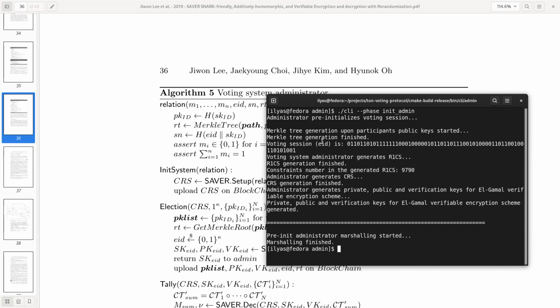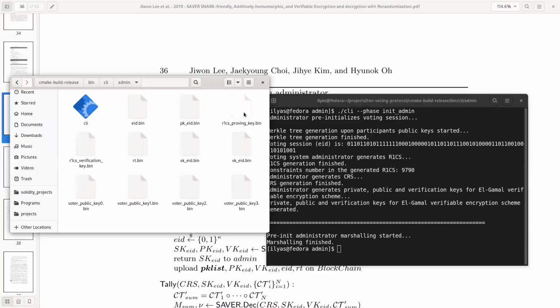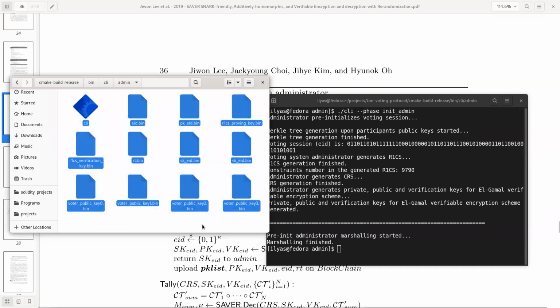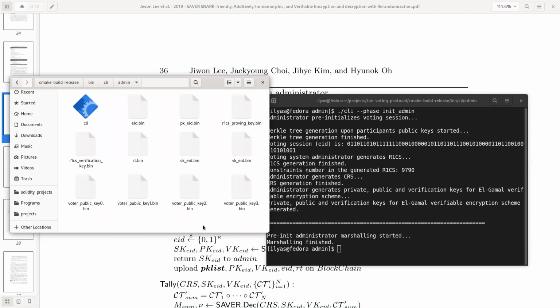Could I continue? One small question. What do we have as an output after this step? Was some file generated with some data? Could you please show it in the console? This step generated many files, but not all of them will be used during the interaction with the contracts, some are just for testing purposes. Those crucial for protocol execution are the proving key,